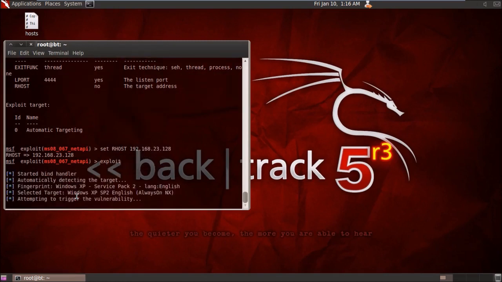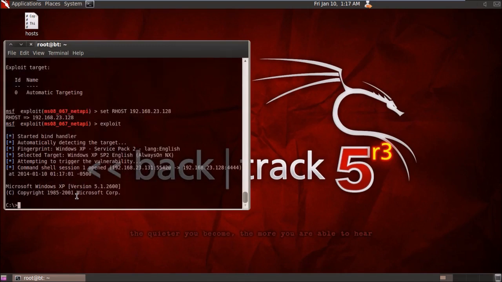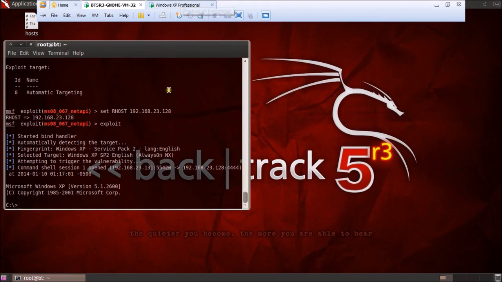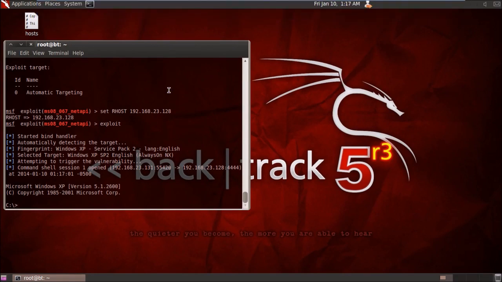What this does is it gives me the command prompt of my target's PC, and as you know, a command prompt is the heart of a PC. Once you have this, you can do almost anything you want. You can copy the files over here, you can execute certain commands over here, you can delete the NTLDR file, those are the startup files. You can delete the startup files and you can crash your victim's PC from right over here, and everything can be done once you have the command prompt of your target's PC.